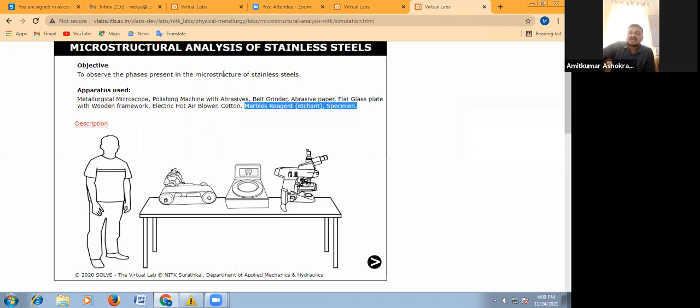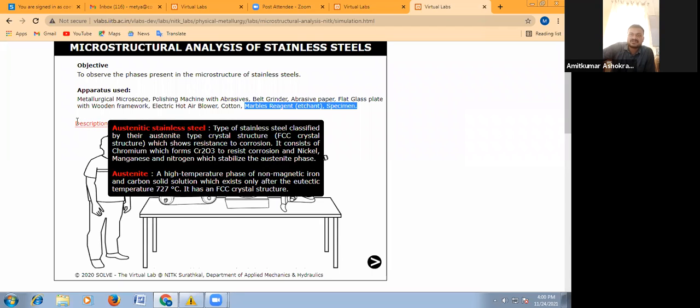Now, as far as the microstructure of stainless steel is concerned, some theoretical description has been highlighted here. That is the austenitic. What is the meaning of austenitic stainless steel, and what is the meaning of austenite? I have already discussed this part in the iron-iron carbide equilibrium diagram.